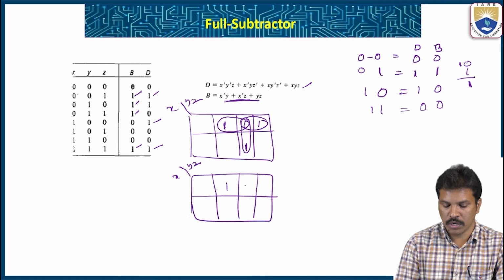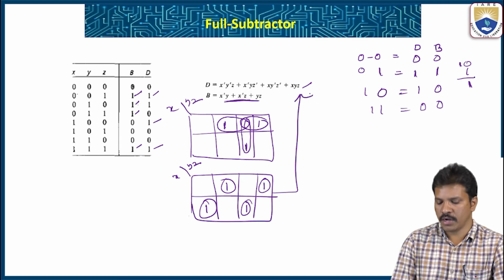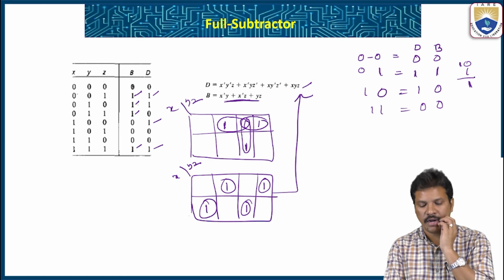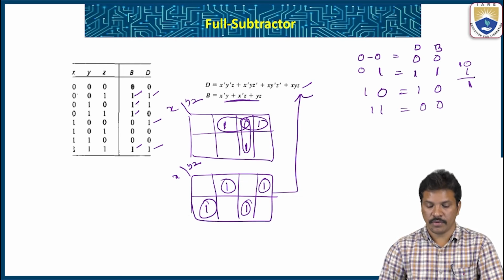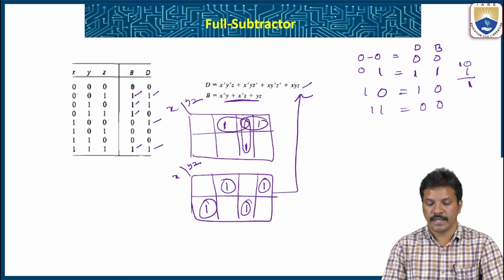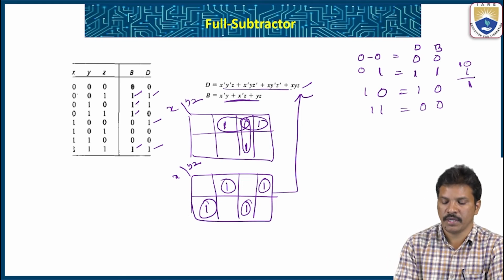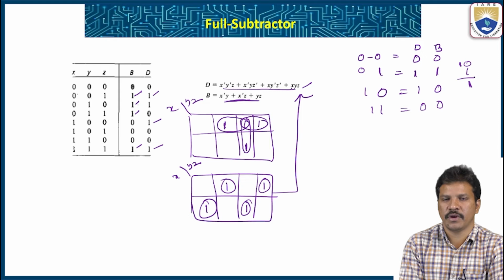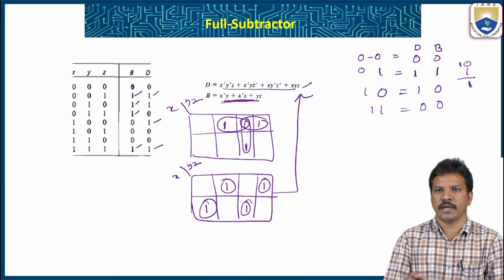1 2 1 2 4 7 4 7. Again single circles. If it is single circles, same output whatever you got from the full adder. So we'll get the same output. The logic diagram for this one is the same as we drew for the full adder. We will get the same diagram, but in this case 3 AND gates, 1 OR gate, with complement inputs on variables x bar z.